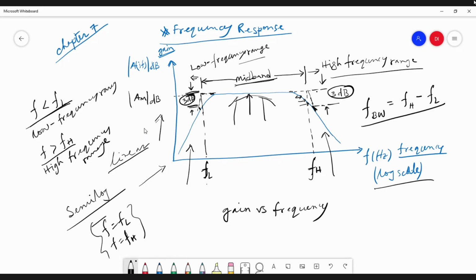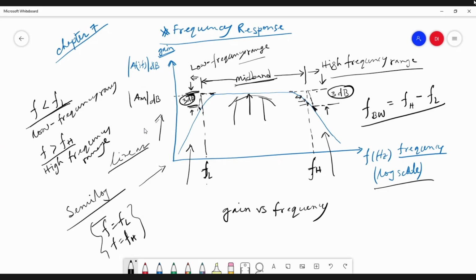But in our previous discussion, we considered that the signal frequency is high enough so that the coupling capacitor or bypass capacitor can be treated as a short circuit. In the previous circuit analysis, we considered the bypass or coupling capacitor as a short. So during that time, we considered that the capacitor value is high enough to make the coupling or bypass capacitor a short.